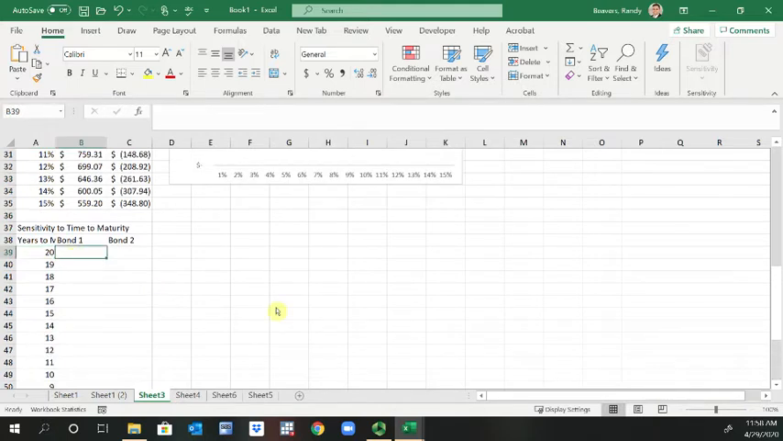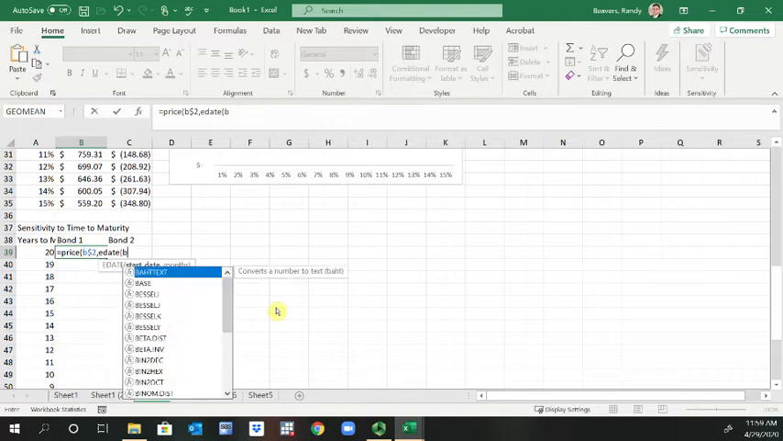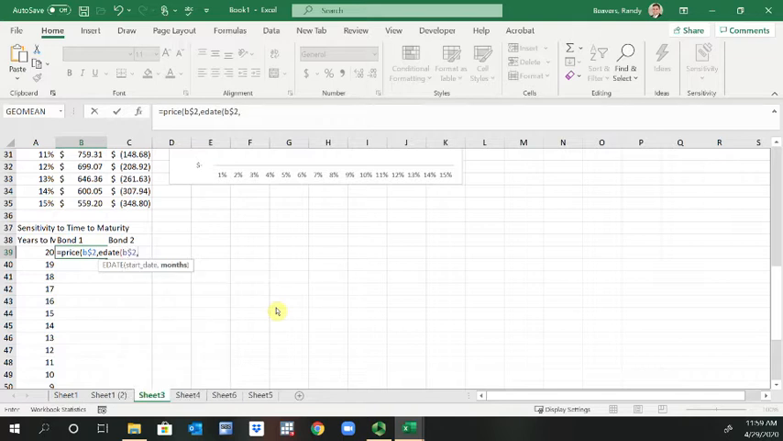So now doing this comparison, what we're going to do is use the price function modified a little bit to do this. So this will be equal to price, parentheses, B$2. Maturity, we're going to use the EDATE function. That's going to give us number of months before or after start date. So the start date in this case is B$2, comma, and then the months is $A39 times 12,